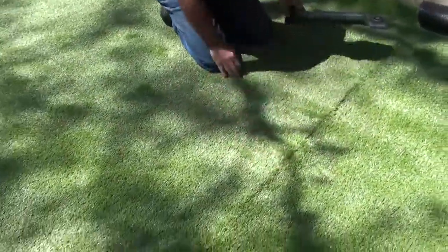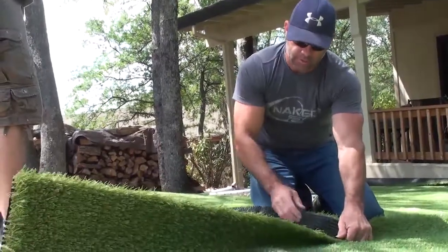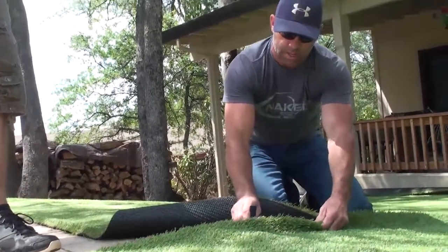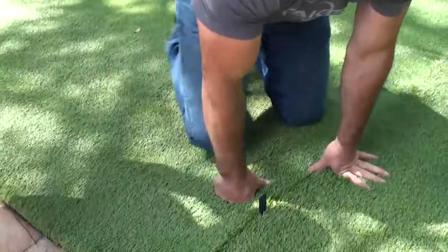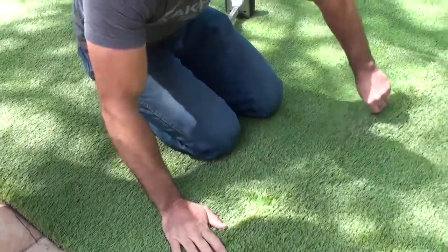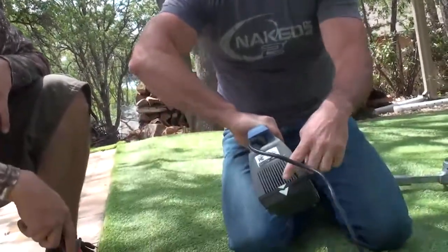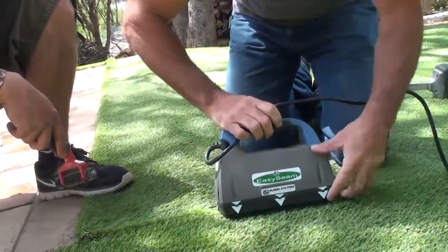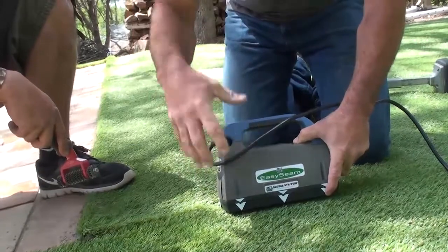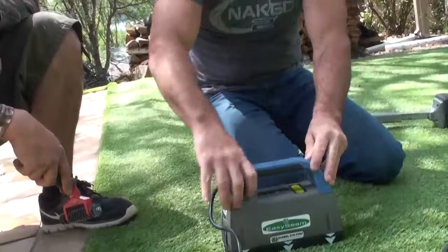So real quick, just wanted to show you, I'll pull the turf back a little bit. We've got the seaming tape lined up all underneath both sides of the turf. And then what we're gonna use is this little plastic guide here. You fit it over the seaming tape, and that'll help keep the tape aligned in the center between the seams. All you have to do is keep the arrows on the front and back in the middle of the seam, and basically from front arrow to back arrow is what's going to melt the seaming tape, the glue underneath. So all we do is get it lined up,